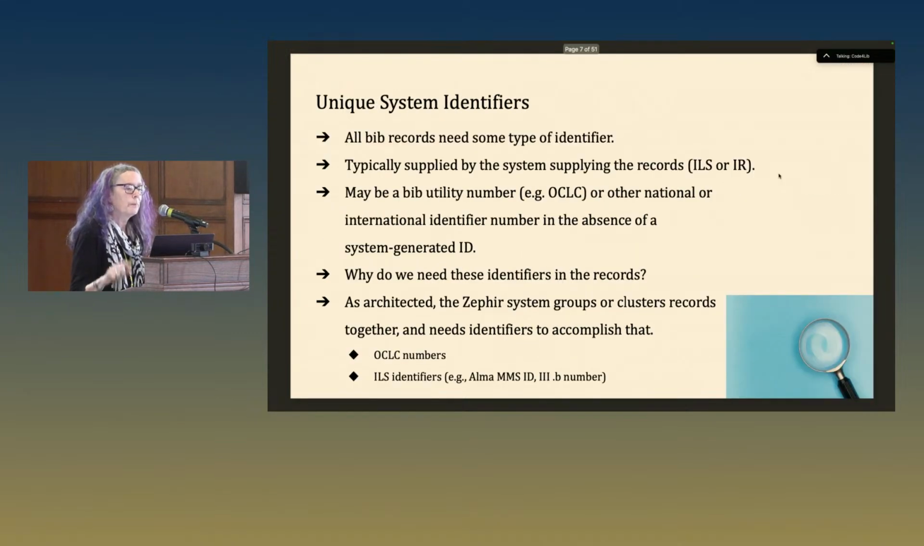Because that would be bad. I need unique system identifiers in the record at the bib record level, usually supplied by the system that the records were exported from. Could be a utility number like OCLC. And the reason I focus on those so much is that Zephir clusters records together, and it most often does those using OCLC numbers, but it can also use system numbers like ILS numbers, like an MMS ID from ALMA